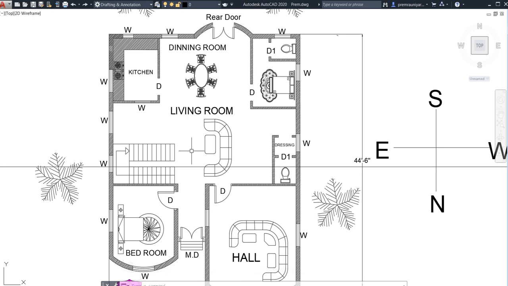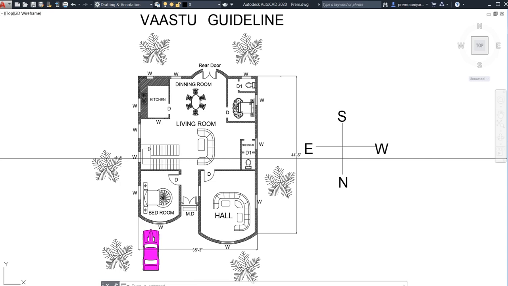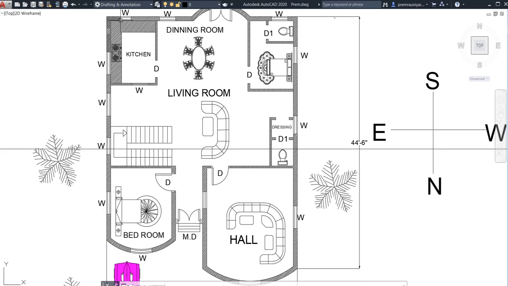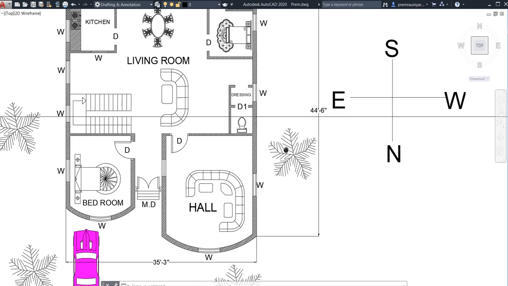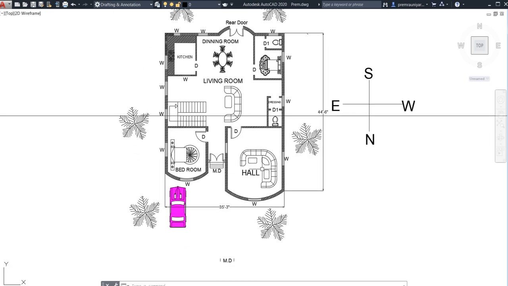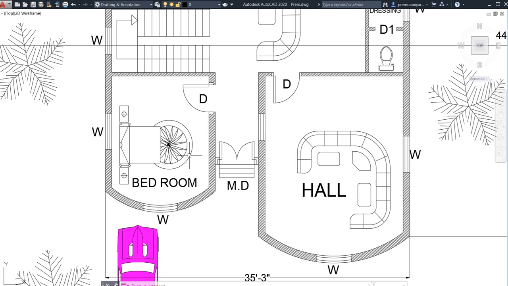Now we come completely under the Vastu Shastra. What does Vastu say to us? So now you can see this is my plot area, right? Here to here to here, as you can see my cursor. Now Vastu says, whether your home direction is south, north, east, or west, this is your main road, right?